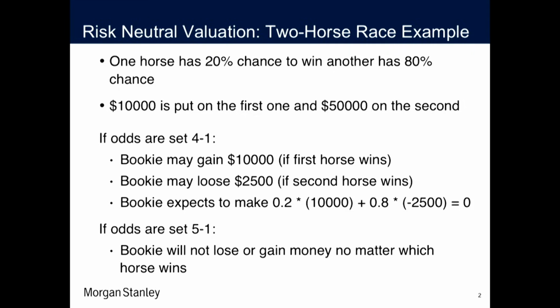Okay. So what happens if the other, more probable horse wins? Well, he'll have to pay back the 50,000 and 1/4 of it, which is 12,500. So at the end he'll pay 62,500 while he collected 60,000, right? So in this situation he will lose $2,500. Well, all in all, he expects to make nothing. So he probably could collect enough fees to cover his potential loss. But there is certainly variability in outcomes. He can win a lot, he can lose some.